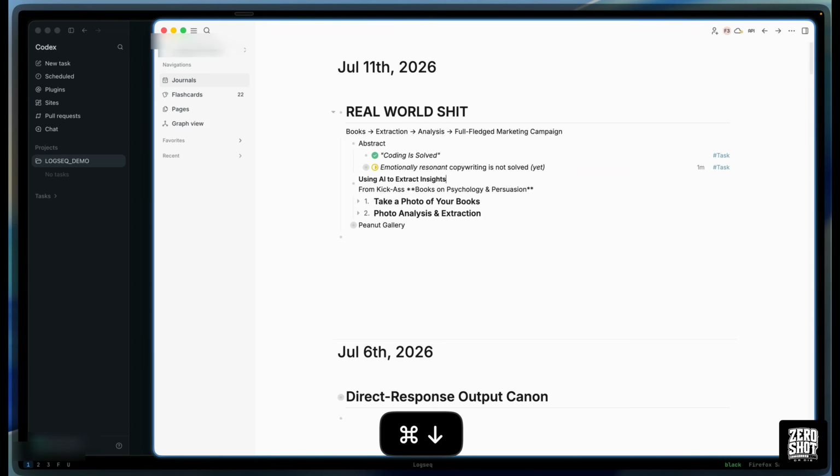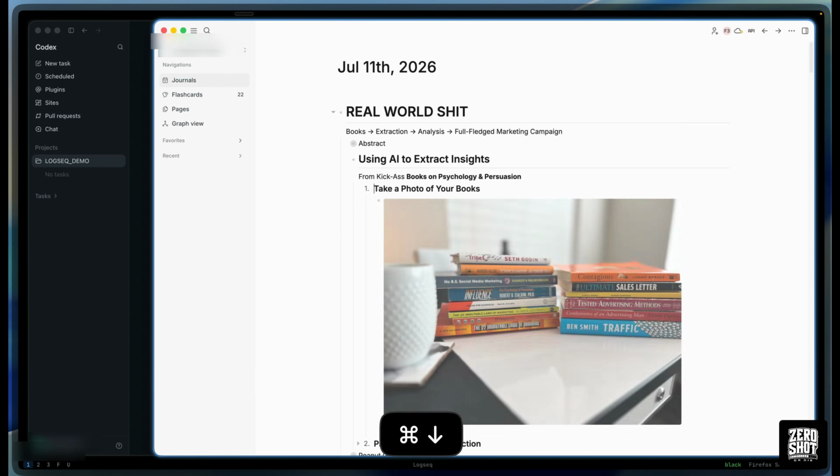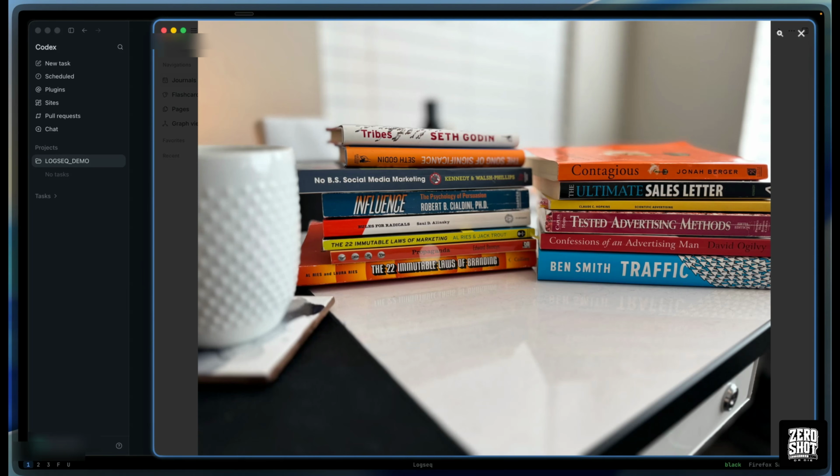So let's expand this bullet, contract that one. Okay, so first thing I'm going to do, take a photo of my books. So I took this morning a nice little collection of marketing books. That actually turned out nicer than I thought it would. Whatever, we got some Seth Godin in there, Kennedy, good old Bernays, Propaganda, Ultimate Sales Letter, Claude Hopkins, Scientific Advertising, Tested Advertising Methods, all the really cliche copywriting books